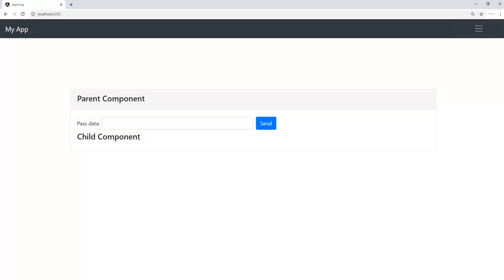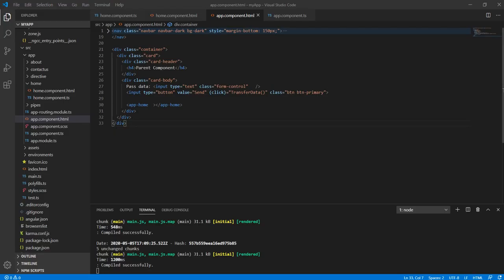So it looks like this. This is a parent component, app.component, and inside we have called a child component, which is a home component, and we have created a pass data. We have used a text box using a bootstrap class. We have used one button. So what we are going to do now, we'll just pass some text from this text box, and once you click on the button, then it will appear after child component as a text. Okay, so our next step is to create one ngModel in the text box.